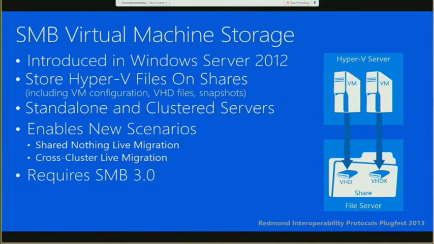So in Windows Server 2012, we introduced support for virtual machines running on SMB shares. We're storing virtual machines on SMB shares. This includes both our virtual hard disks as well as our configuration files, any snapshot information, or any other relevant Hyper-V virtual machine settings. The goal is to enable a bunch of new scenarios, including just being able to run on an SMB share. But in addition to that, it enables things like our shared nothing live migration, in which